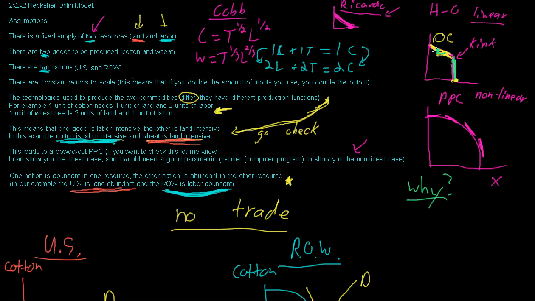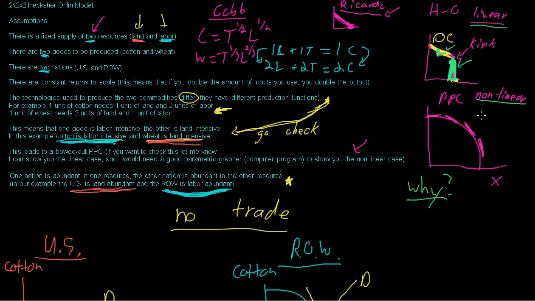You only have to sacrifice a little bit in good Y. But over here, to produce 1 more unit of good X, you have to sacrifice a ton of good Y. So the opportunity costs are obviously different as you are on one side of the kink or the other side of the kink. But what's really interesting is not if you use a linear model, but if you use a